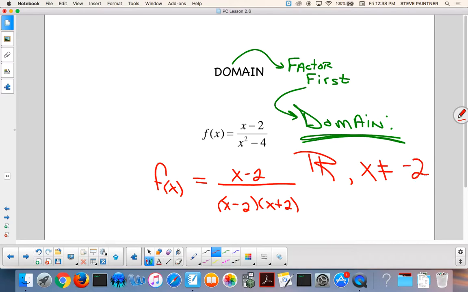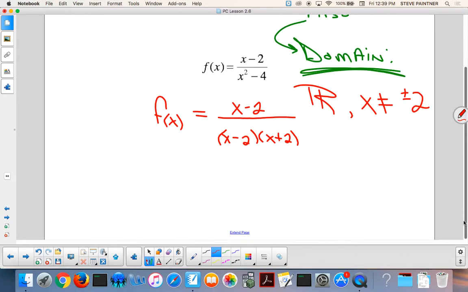But x can be 2? Why? Because they cancel out. Well, hang on. When it comes to domain, this is not a vertical asymptote. I'm not talking vertical asymptote. So both apply then. Well, then 2 or negative 2. Yes, positive and negative. So the question becomes, what am I looking for? If I'm looking for a domain, just factor, look at the denominator and say, x can't be negative 2, x can't be positive 2. But hang on. What if I was asking you for